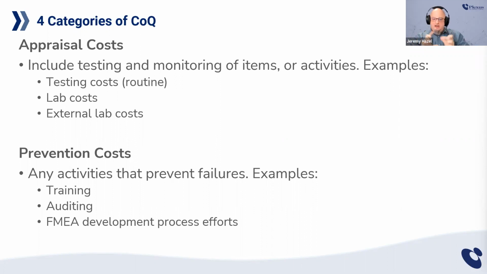And along that line, we also have the prevention costs. This could include training, auditing. If I'm teaching this concept for PFMEA, this is anything in the prevention column of the PFMEA. Now, don't get hung up on where these exist so much, because we're talking about audit programs. Whether you want to call it appraisal, whether you want to call it prevention, call it anything you want, right? The point is, we have to be able to start talking about it from a perspective of cost.